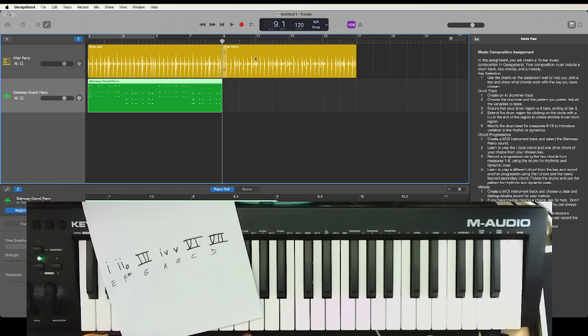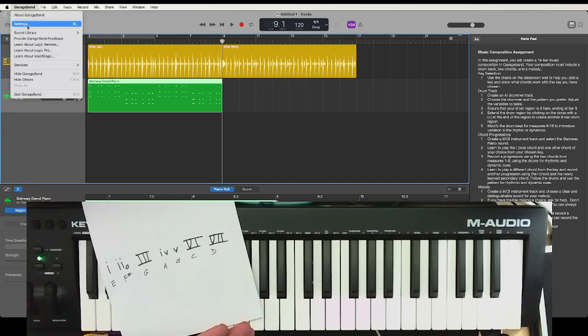Now look. I'm at 9, right? This is on 1, 2, 3, 4. It's going to count 1, 2, 3, 4, and then I'm going to be recording. So when I press record, this playhead's going to go back a measure and play that measure before I record. If you want 2 measures, if you want to count another measure before you start recording, you go to GarageBand